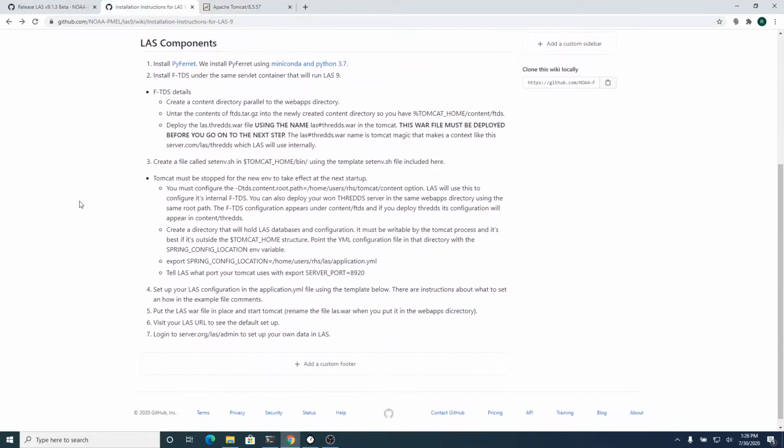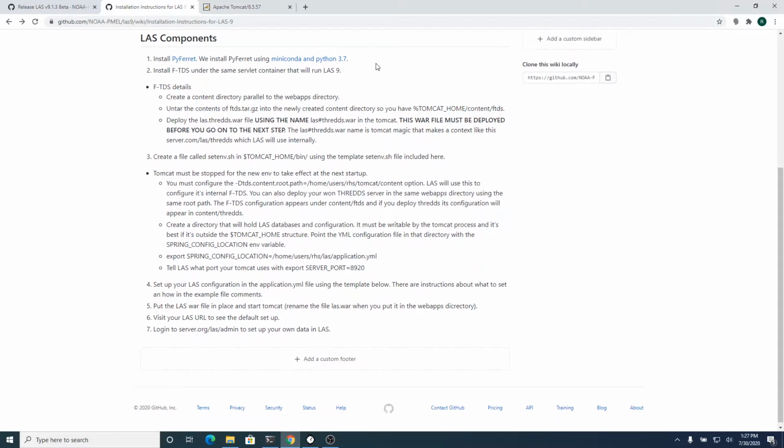you get into the things that we provide at PMEL. The first thing you need is installation of PyFerret. I'm not going to go through the installation of PyFerret. There's a lot of documentation about how to do that on the PyFerret website if you just follow these links. But I will say that we recommend using Miniconda and then doing the Conda install of PyFerret and Python, all the Python prerequisites. It's just one command on the command line for Conda, get all that stuff installed, and then once that environment's set, you can run the Conda version of PyFerret from within LAS.